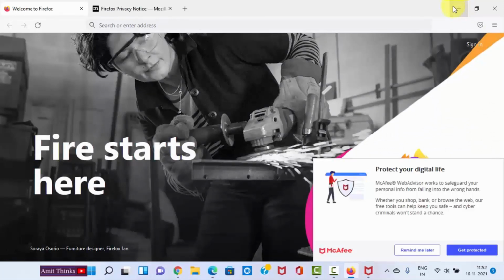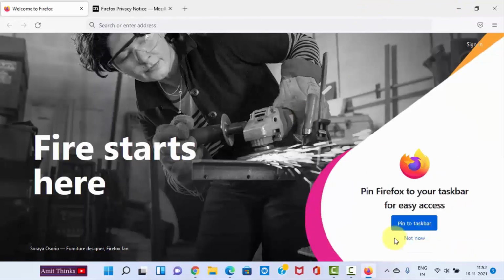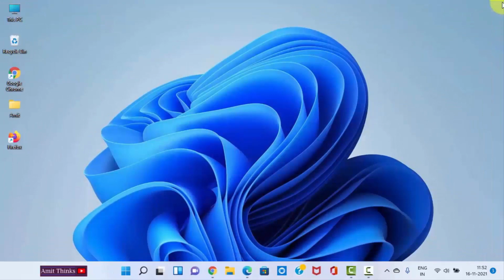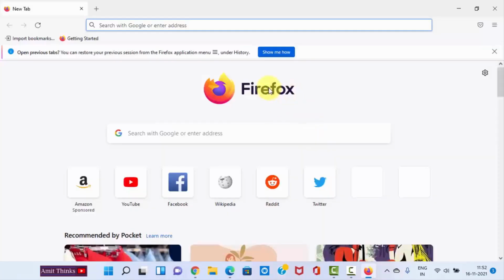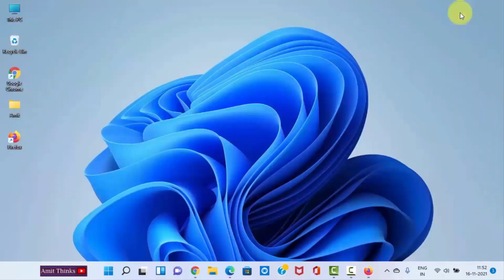So here you can see we successfully installed Mozilla Firefox. Now you can easily close this and you can see the desktop shortcut got created. Double click on it and open it. Here it is, guys. So guys, in this video we saw how we can easily download and install Mozilla Firefox